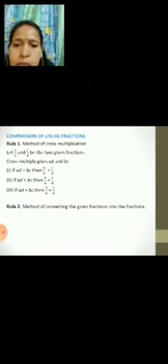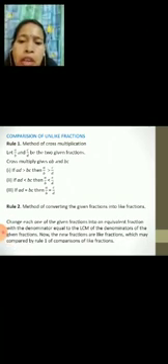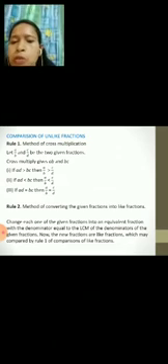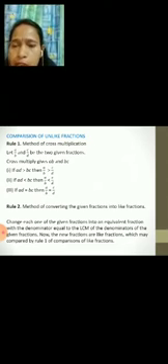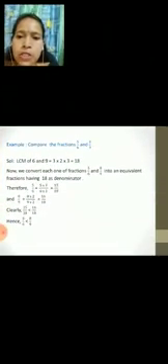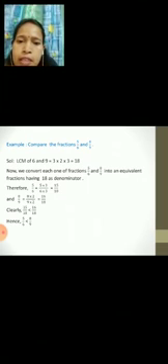And the next method is the method of converting the given fractions into like fractions. Means we are going to change the given fractions into equivalent fractions with the denominator equal to the LCM of the denominators of the given fractions. Means we will have to find the LCM of the denominators and convert into equivalent fractions. Compare the fractions 5 by 6 and 8 by 9. So here the LCM of 6 and 9 is 18. So now we convert each one of the fractions, that is 5 by 6 and 8 by 9, into equivalent fractions having 18 as the denominator.